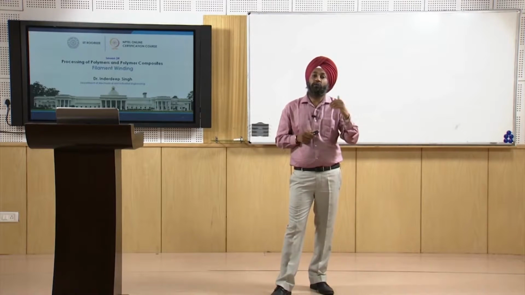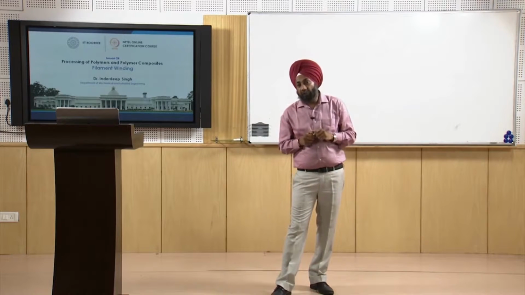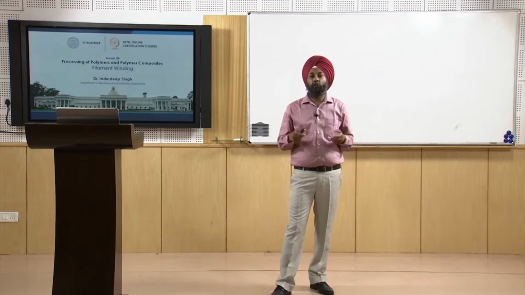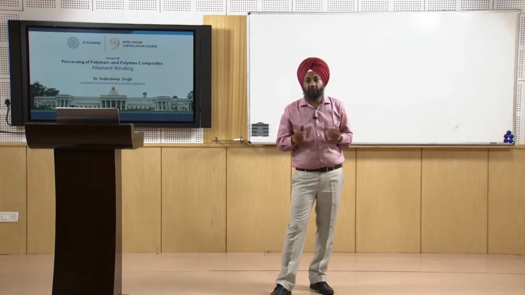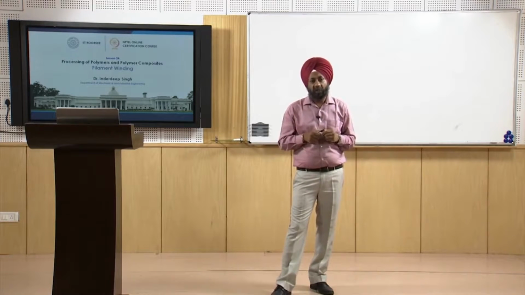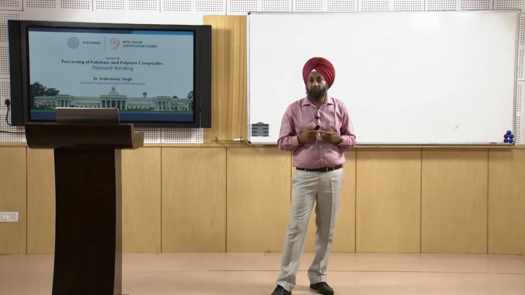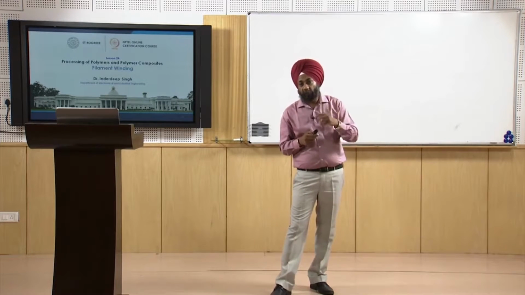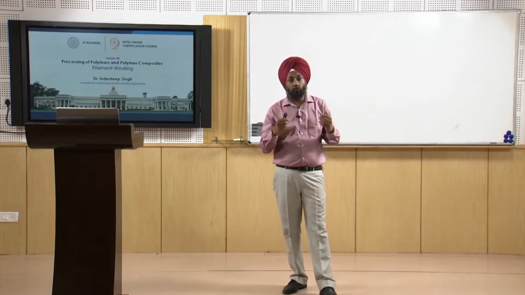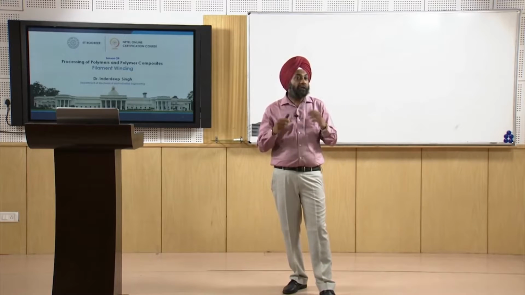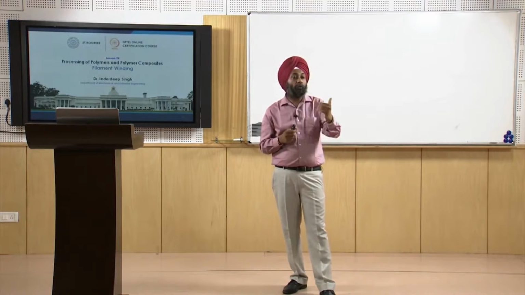If one wants to start a manufacturing plant or a factory for this type of products, he can directly procure the filament winding machine and start manufacturing the product. Therefore, I am saying that this is a commercial process and the machines are readily available. But as learners, we should know the basic working principle of this machine. The second point we need to understand is what the control variables and control parameters are that we need to keep in control in order to get a good quality product.